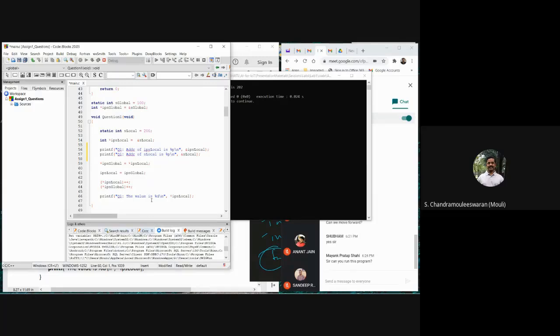I hope you are clear, right? I am trying to get the address of where this variable is and where this variable is, which is static, and this is a non-static or local variable. So let us try to see the addresses of them. I am printing it as %p pointer so that it prints the address. Okay, it's running now.